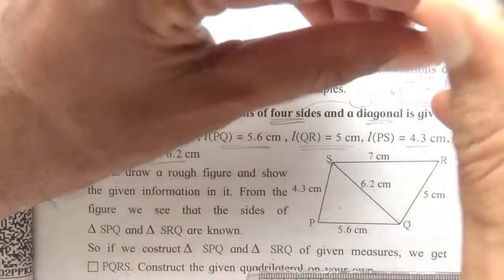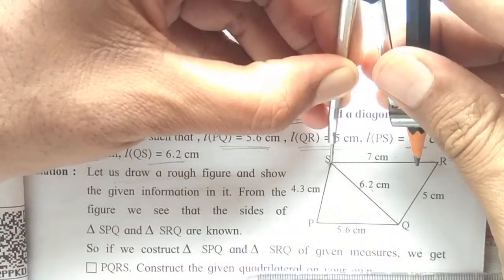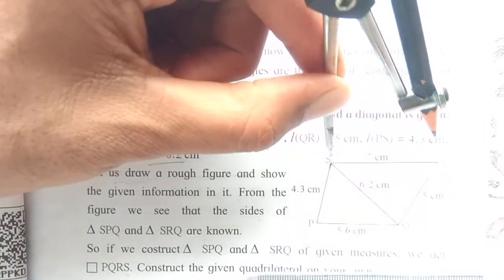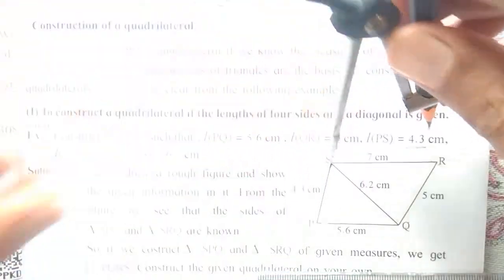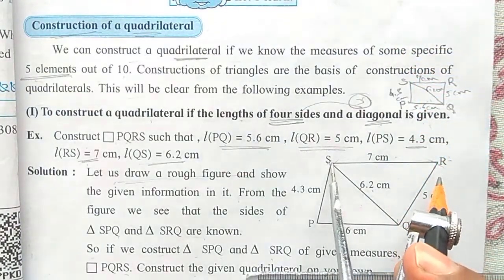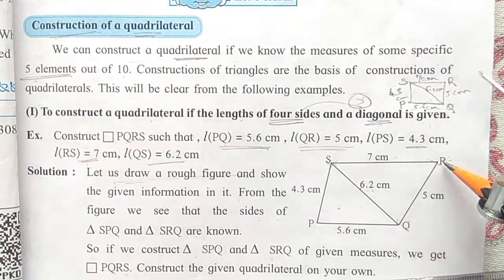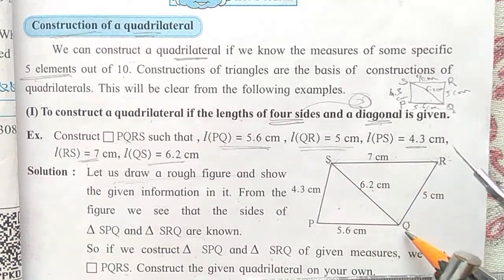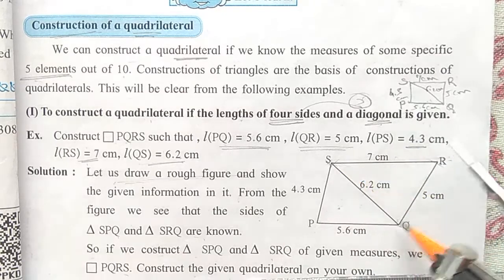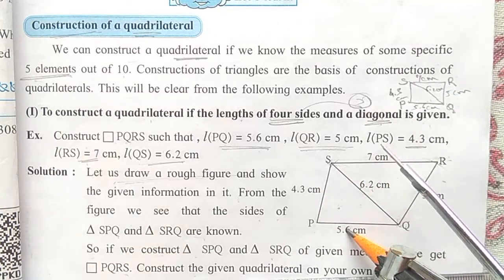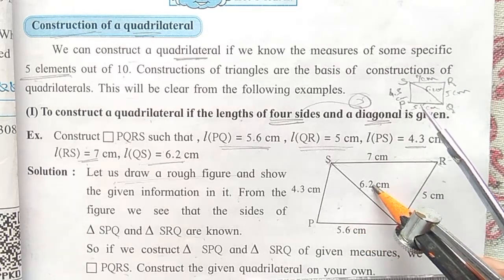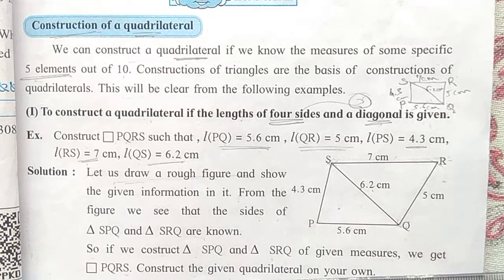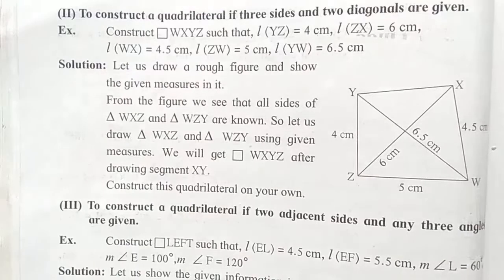Then from the point Q again take 5 centimeter distance and make an arc here. Right. The same way in the compass take 7 centimeter distance, what is 7 centimeter? It is nothing but the distance between S and R, and take an arc here. You will get the point R and then join the points SR and QR. And then join this QS. Write the measures of the lengths of the sides. Okay, length of the diagonal. Write the names of vertices, and your construction is ready. Just you have to practice it in the notebook.